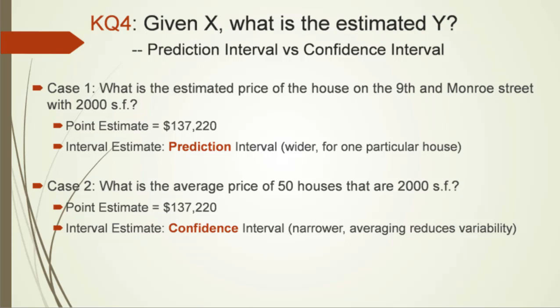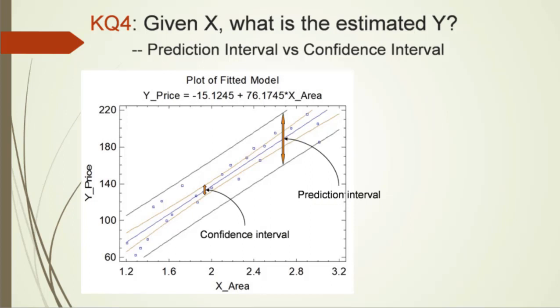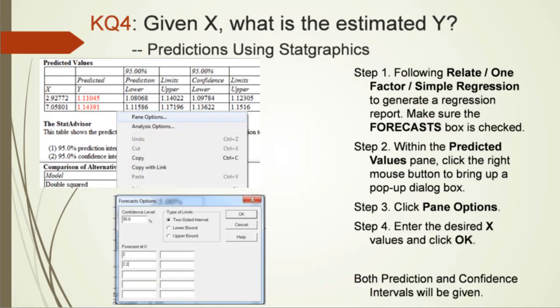The first interval is also known as the prediction interval, and the second interval is the confidence interval, which we are quite familiar with. These two intervals can be produced using stargraphics. As we can see here, both intervals have the same center, but the prediction interval is wider than the confidence interval. This plot can be produced using the commands given on the next slide. These are the detailed commands to do prediction and produce prediction and confidence intervals using stargraphics.